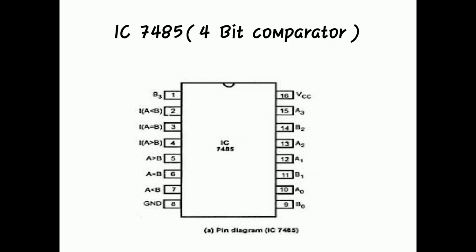Next, going to the comparison here, look at pin number 5, it is A greater than B. Pin number 6, A is equal to B. Pin number 7, A is less than B. These are nothing but outputs. Next, pin numbers 2, 3, 4 are cascading inputs. As I have said, I of A is less than B, I of A is equal to B, I of A is greater than B. And the last remaining, pin number 8 is ground, pin number 16 is voltage, that is VCC. So basically in a 4-bit comparator, remember we'll be having 4 bits of A, 4 bits of B, 3 outputs and 3 cascading inputs which are used to connect one 4-bit comparator to another 4-bit comparator.